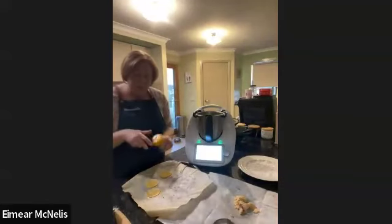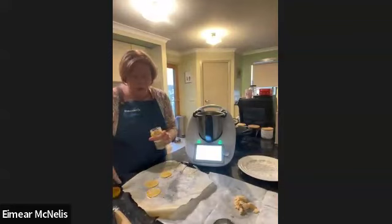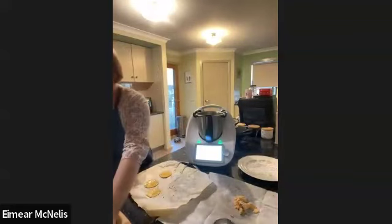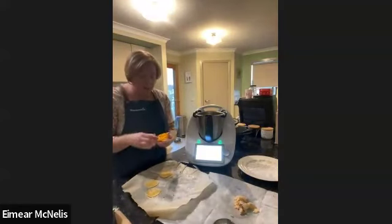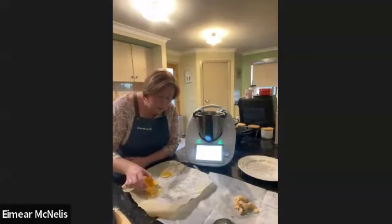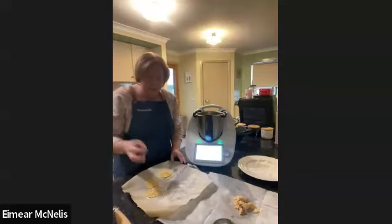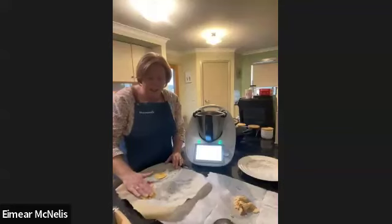And then you can put other toppings. You can put fresh herbs, dried garlic, parmesan, whatever you like on the top of it as decoration. So we just sprinkle a few seeds. Now, one tip is if you are putting seeds or anything that's raised on top, press it down with